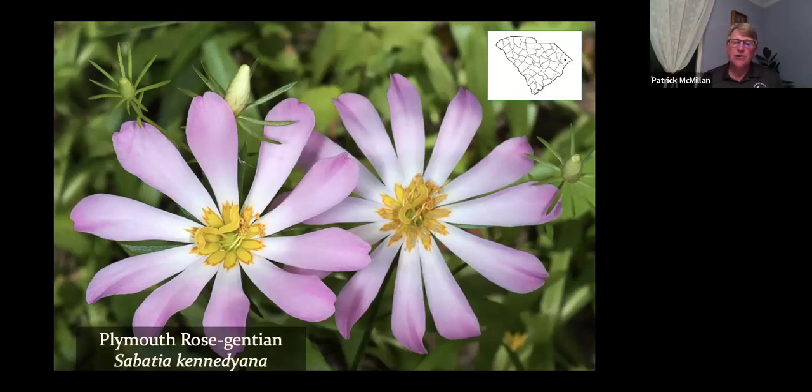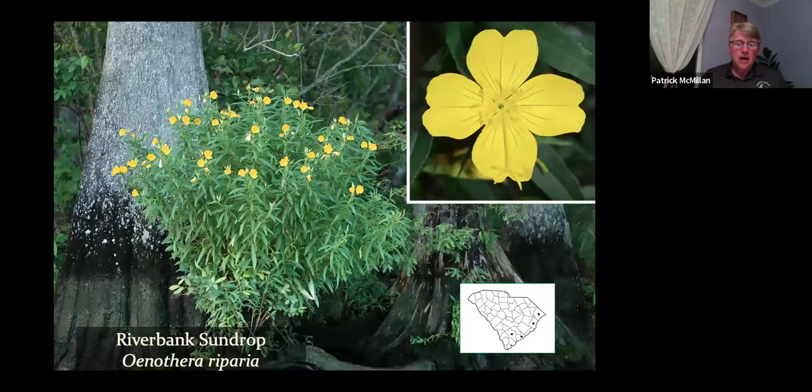The largest flowered of our rose gentians, and one of the most garden worthy, and it grows wonderful in just standard moist garden soil. Incredible plant. Even a sundrop that's almost endemic to the Cape Fear Arch. It's found in the Cape Fear Arch and then also pops up in the Edisto, which is another one of these Blackwater rivers. And the riverbank sundrop turns out to be a wonderful garden plant because it doesn't spread all